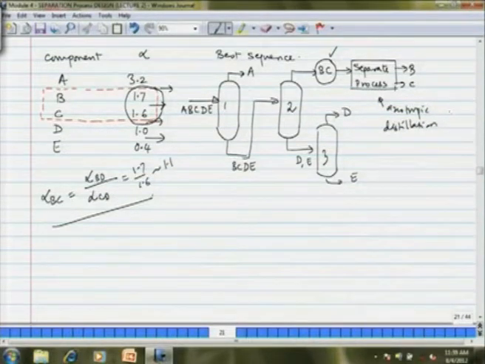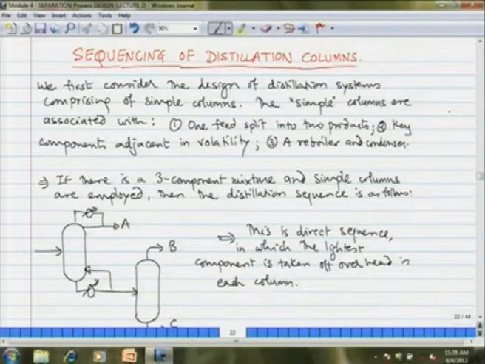So, this is how you would like to treat the azeotropic mixture. If at all you have to split the azeotrope, if splitting of the azeotrope is absolutely necessary, then you do it in the absence of all other components, so that you are handling the least total liquid load, and there is no other component which can complicate your process. Let us see the sequencing of distillation columns, because this is another major question that you are going to face while designing the separation system.